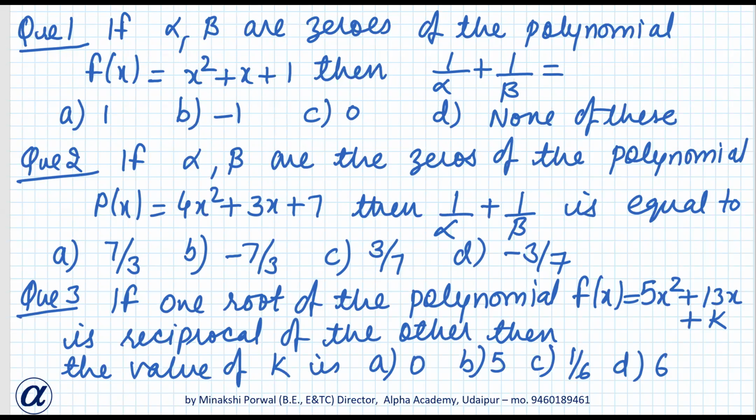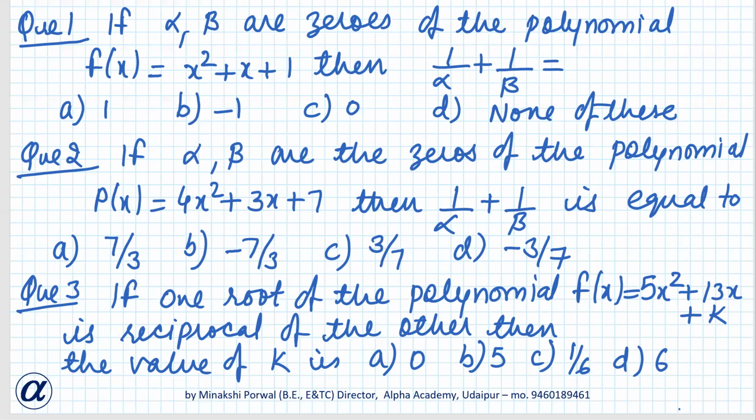Okay. So I have finished writing the questions. I have written 3 questions here. If alpha and beta are zeros of the polynomial x square plus x plus 1, okay, so polynomial is x square plus x plus 1, so a is 1, b is 1 and c is 1. Coefficient of x square is a, coefficient of x is b and constant term is c. So a, b, c we got, okay. Then